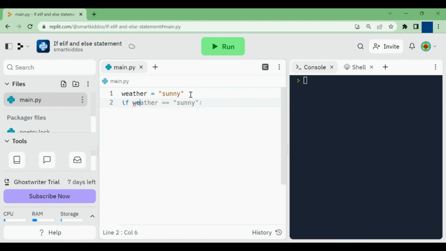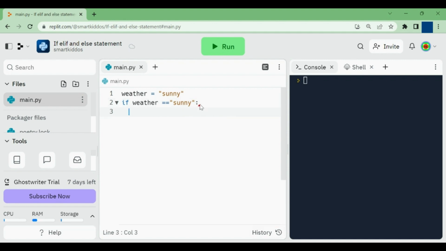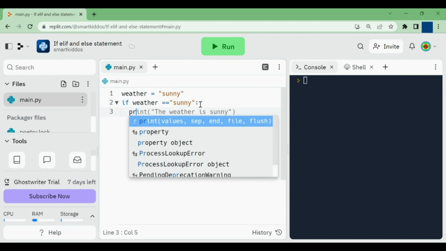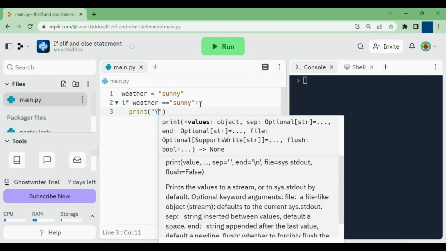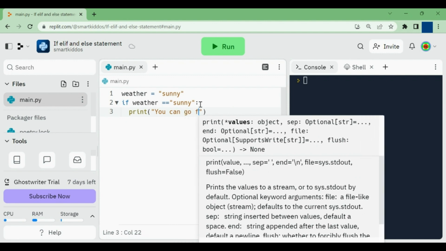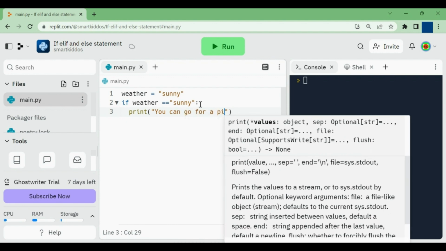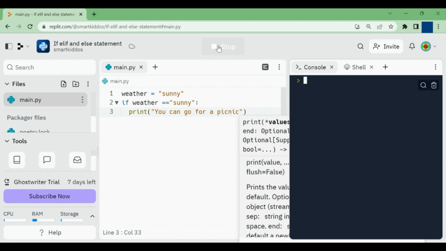So if weather is equal to sunny, then we print you can go for a picnic. So when we run this,